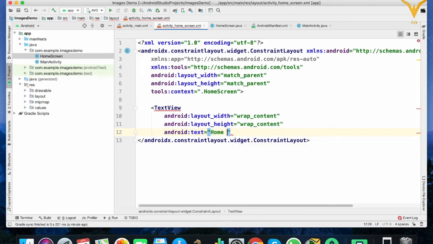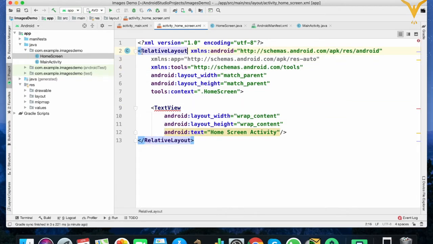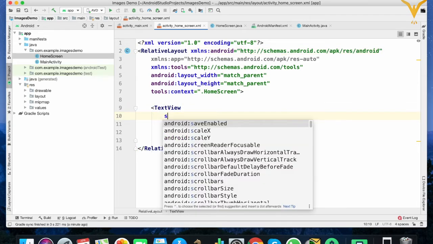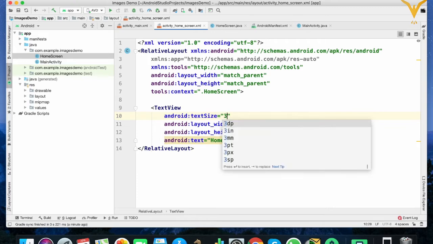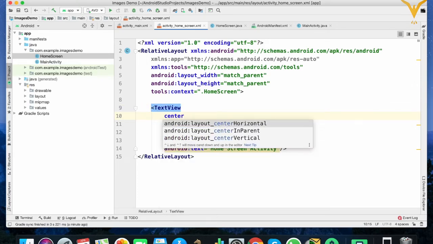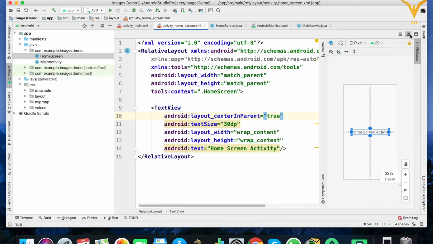So we'll name it as home screen activity. Change it to relative layout. Size will be 30 dp. Center in parent true. Let's check it. Yes.